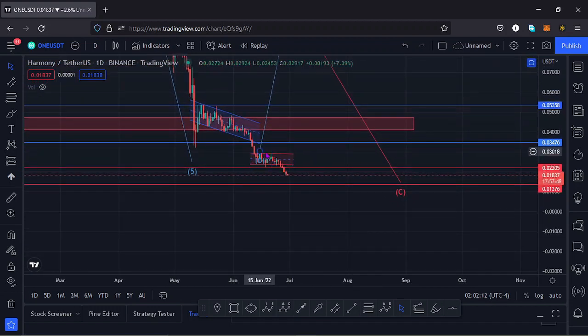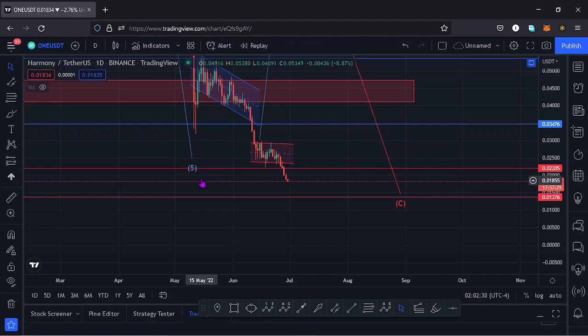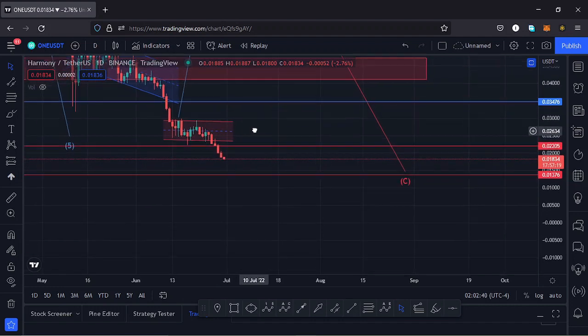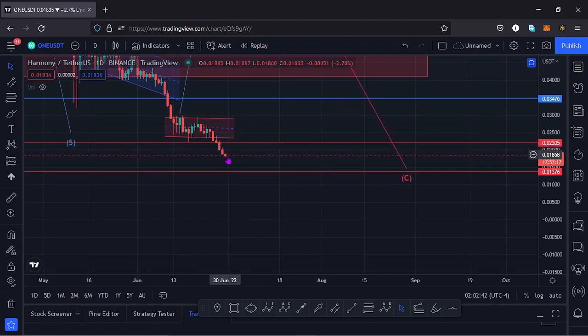So you can see that here on the chart I have this channel that is over here, and within this channel this is where the price of Harmony One was ranging within before we had a breakout to the lower side, and we broke to the lower side of this channel and we lost a support that we had at around the $0.022 mark. And once we lost that support, we have been seeing even lower prices, and the first key scenario that can play out is that we can continue seeing lower prices, and that would take us to the next key area of support at around the